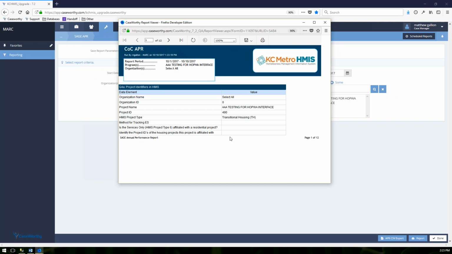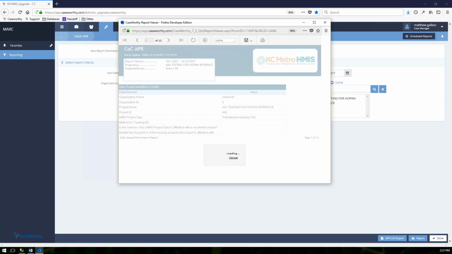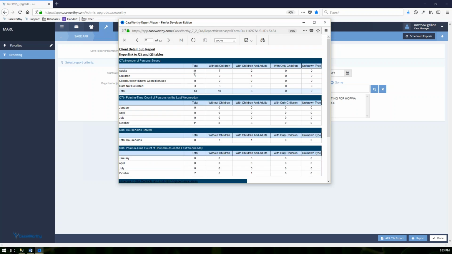So these are the specific pieces about how you send information into the report through the launch form, and then more specific detailed information about what's going to be included within the report